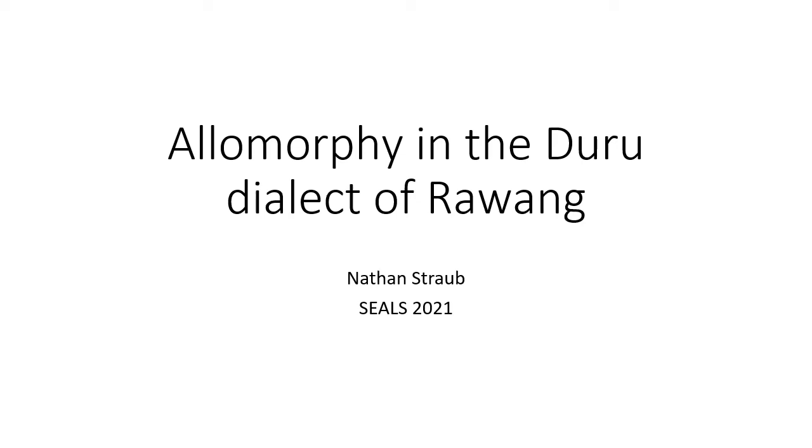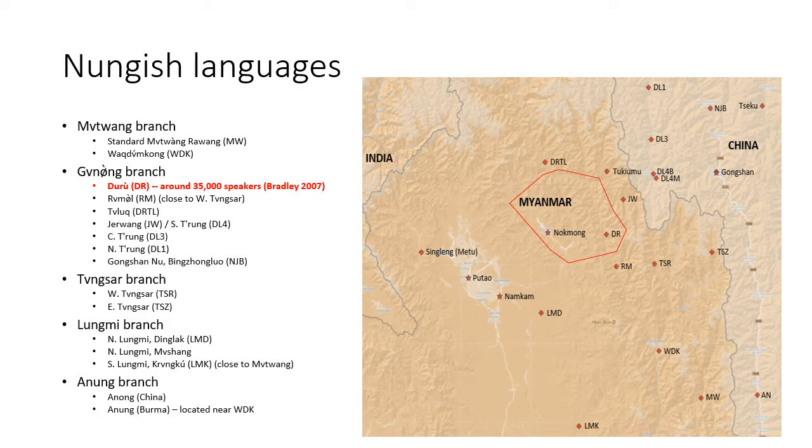In this presentation, we're going to be looking at the allomorphy found in the Duru dialect of Rawang. Rawang is a cover term for many of the Nungish languages found in Myanmar. The Duru dialect is spoken in Nogmung Township, Putao District, Kachin State, northern Myanmar, and you can see it outlined